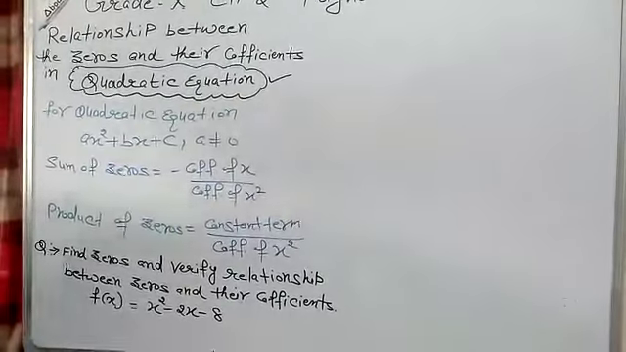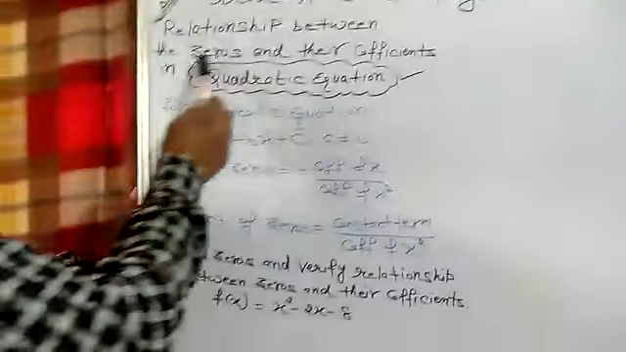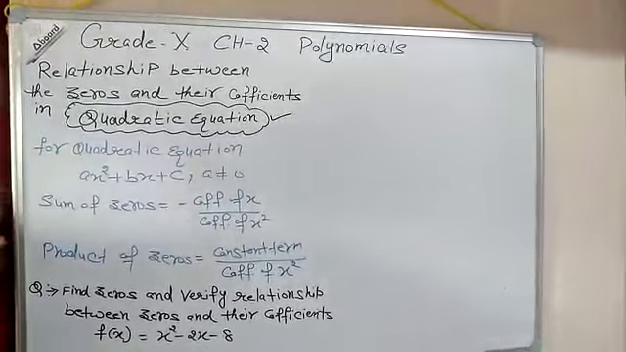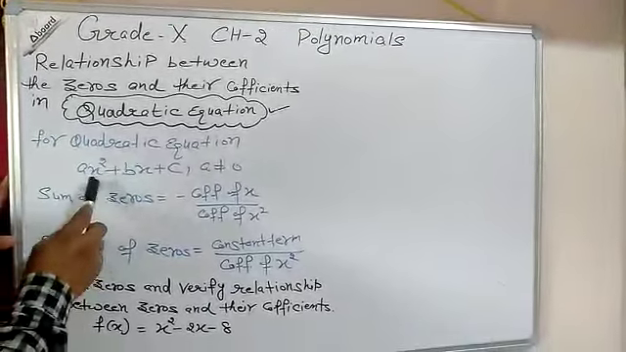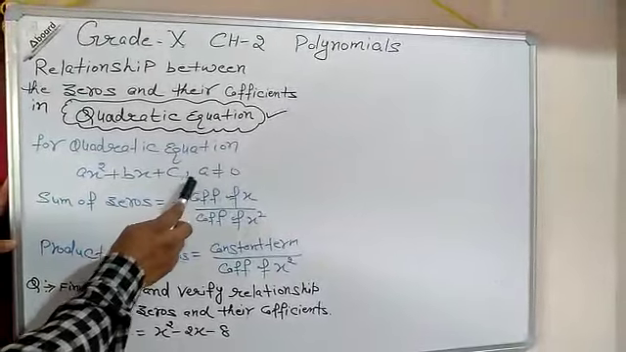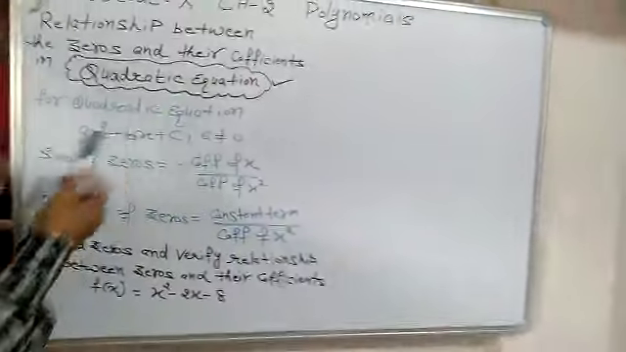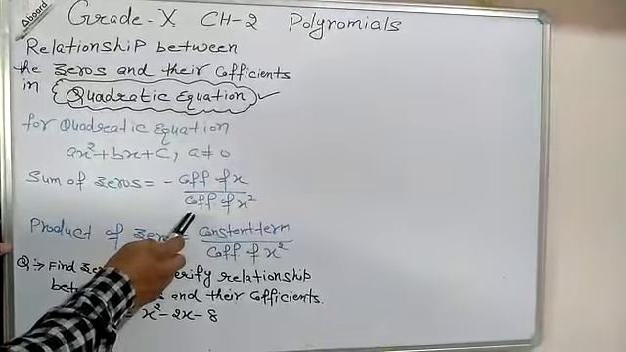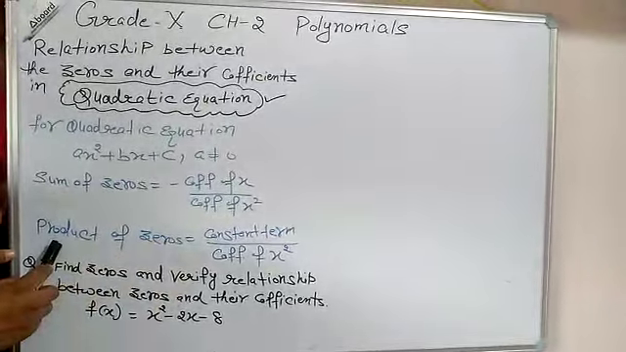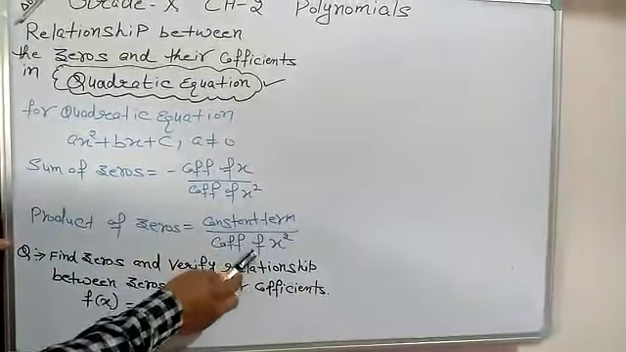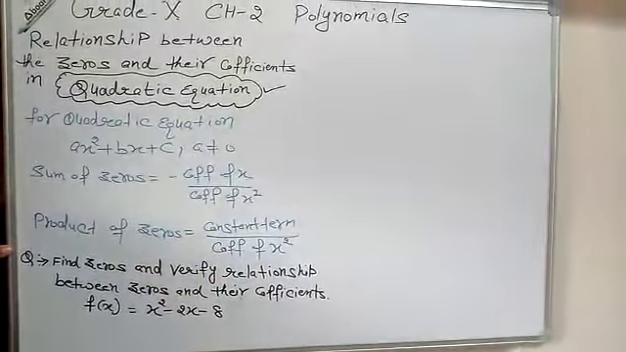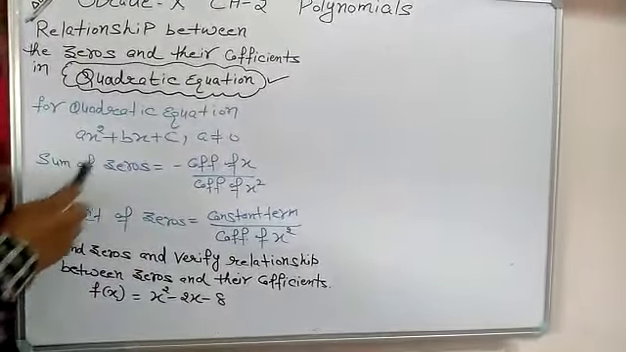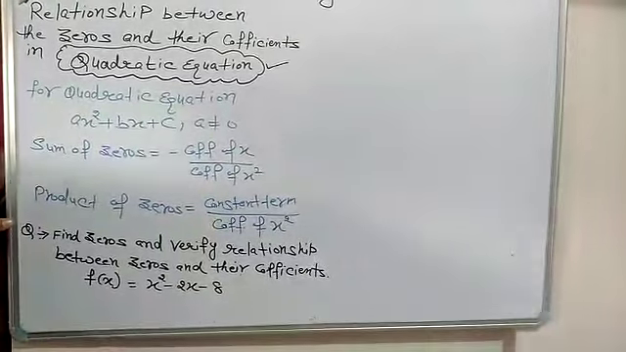Students, today we are going to learn the relationship between the zeros and their coefficients in case of a quadratic equation. For a quadratic equation ax square plus bx plus c, where a is not equal to 0, the sum of zeros is equal to minus coefficient of x upon coefficient of x square, and the product of zeros is equal to constant term upon coefficient of x square. These are our formulas for the sum and product of zeros in case of a quadratic equation that we all learnt